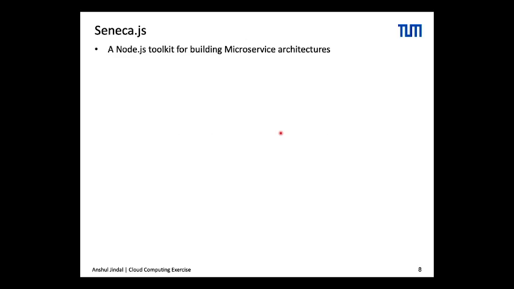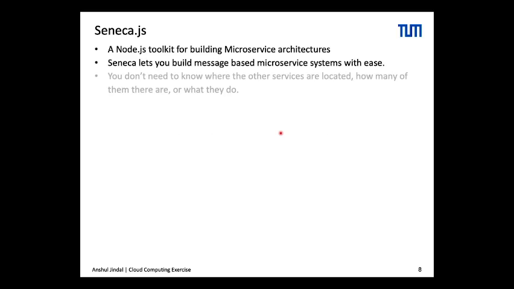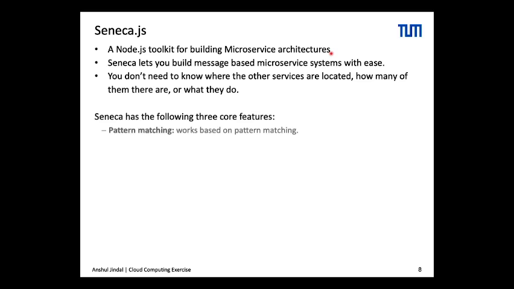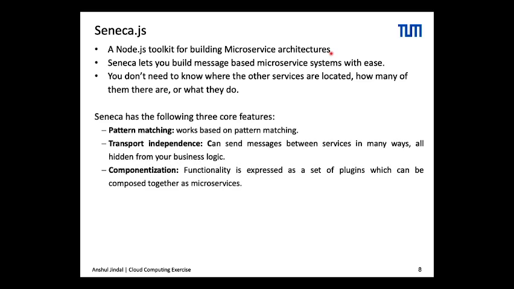So what is Seneca.js? It's a Node.js toolkit for building microservices architecture. In a microservice setup, you want your application to be independent services, independent microservices, and Seneca.js helps you in building that. It has some features. One of the major features within Seneca.js is that it finds the particular microservice based on pattern